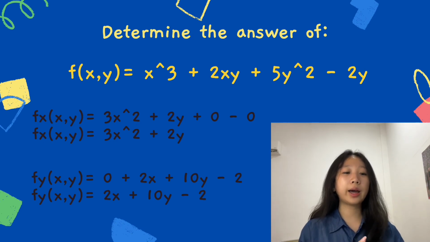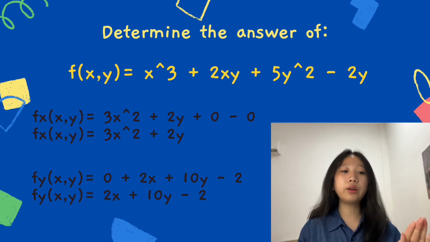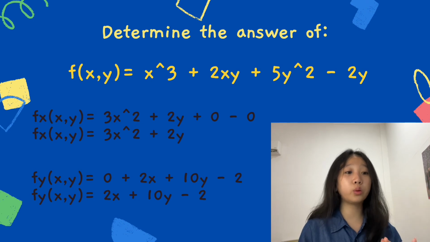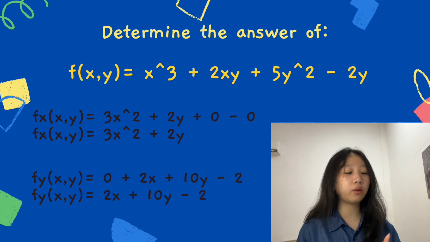So for x to the power of 3, the derivative is 3x squared, plus for 2xy, we're going to differentiate with respect to x only, so it remains 2y, plus for 5y squared minus 2y, it's y only and there is no x, so it becomes 0. And it remains that fx of (x,y) is 3x squared plus 2y, and for the fy of (x,y)